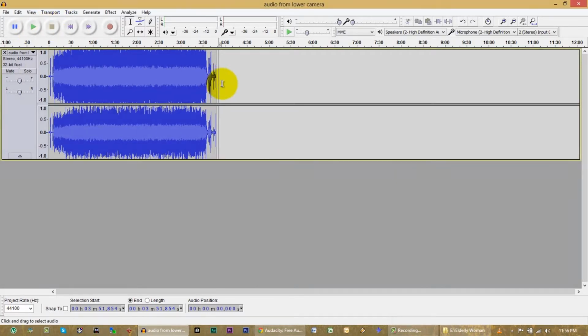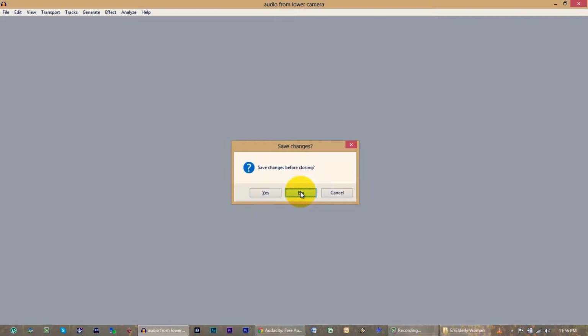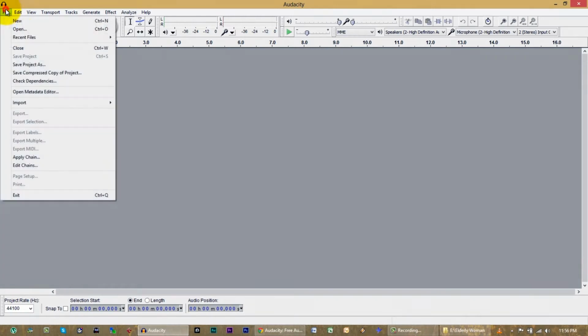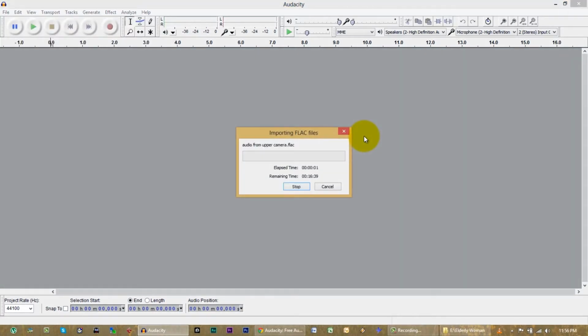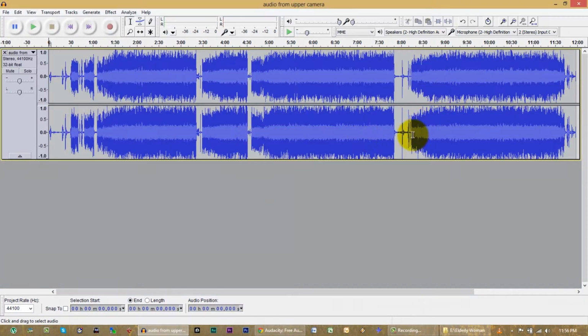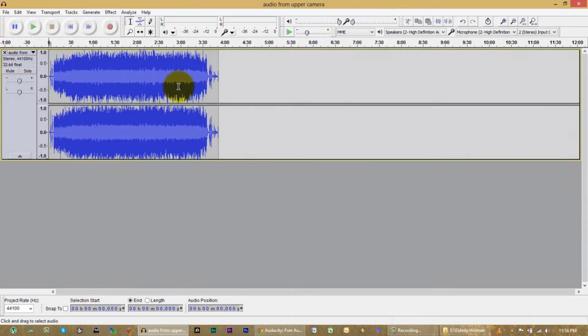Okay, so that's been exported. I'm going to hit Control W, which closes. Don't need to save changes. And let's load the other one. Let's load the audio from upper camera as a FLAC. Same thing, we don't need all this stuff at the beginning. And I'm going to... you know what I forgot to do?